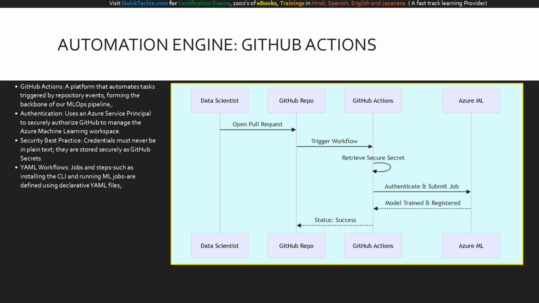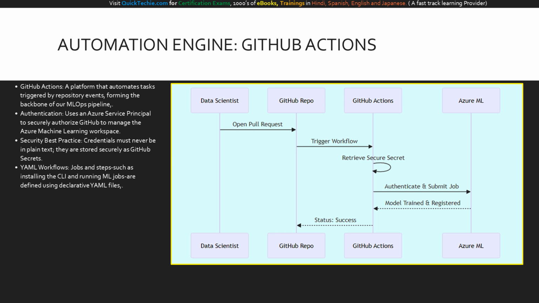Let's walk through this sequence. The data scientist initiates the process by opening a pull request in the GitHub repo. This event instantly wakes up GitHub Actions. Behind the scenes, GitHub Actions retrieves the encrypted Azure credentials, reaches out to Azure ML, authenticates, and submits the training job. Once Azure ML finishes training and registering the model, it reports back, marking the PR as successful and ready